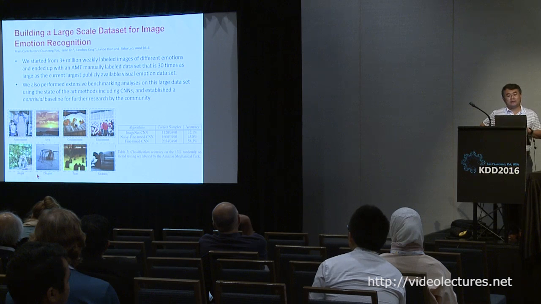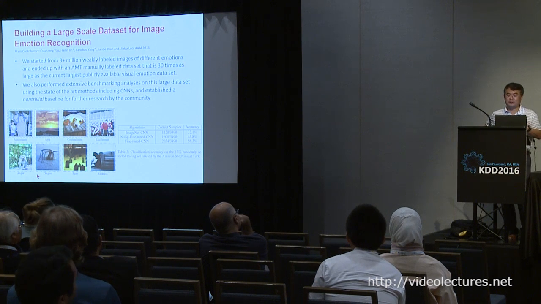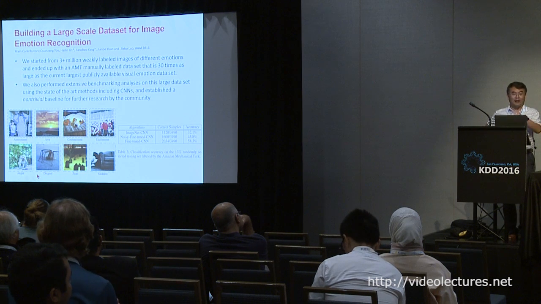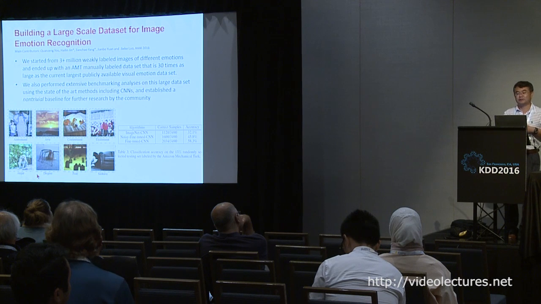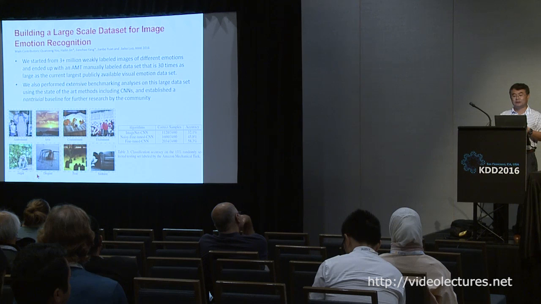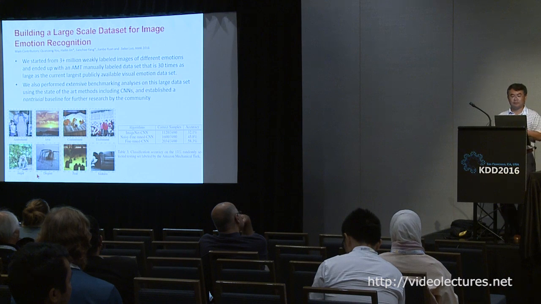Okay, so we decided we're going to do some work for the community. So we actually started with 3 million images, and we didn't start from random images. We actually collected the images from Getty Images. Okay, Getty Images is a company that hires professionals to take all kinds of images. The reason we use that is the image quality is guaranteed, and also professionals know how to frame pictures to convey sentiment better than average people.